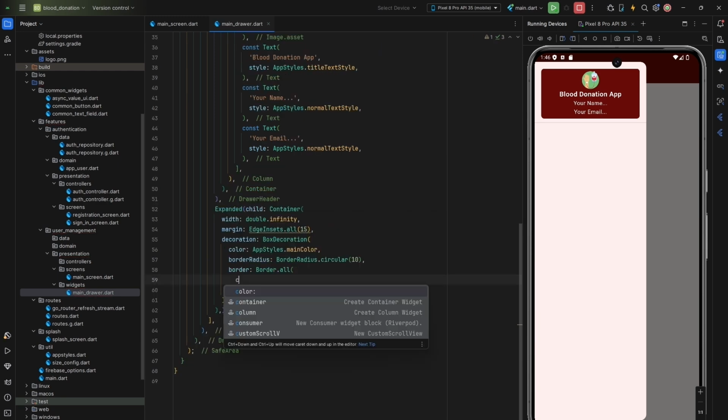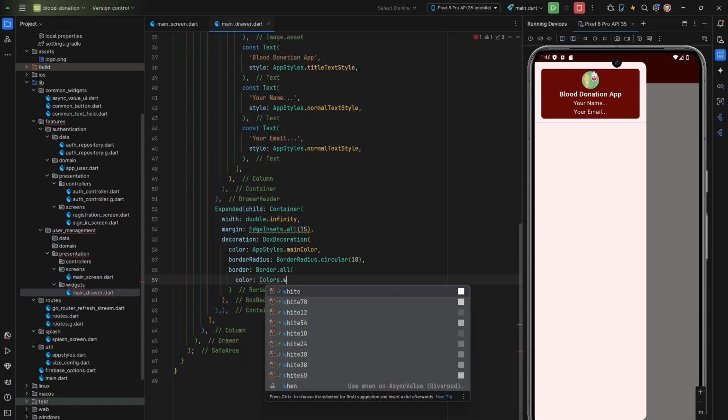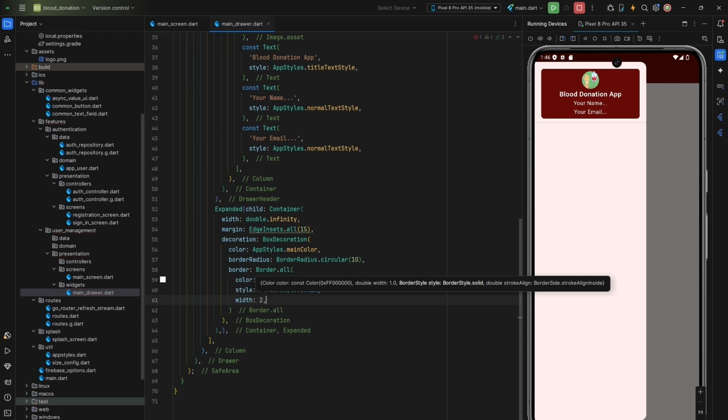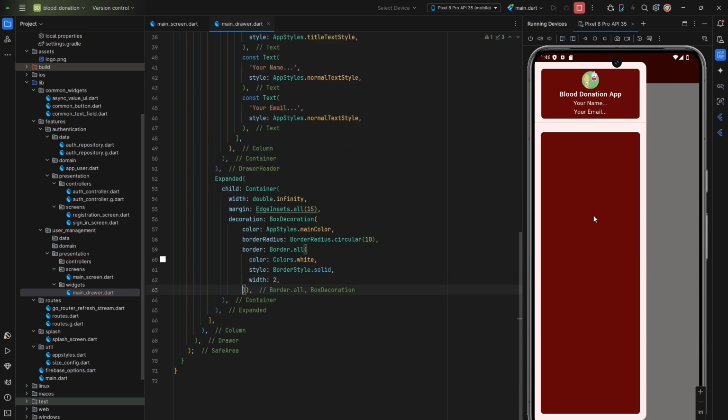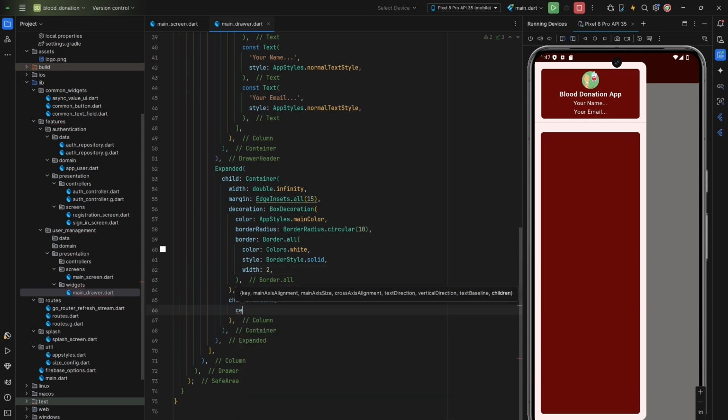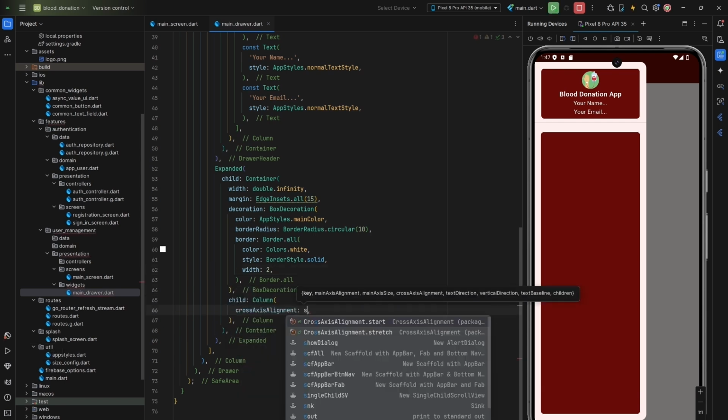border.all. So the color is colors.white. Style is border style.solid, and a width of 2. Let me save that. And as you can see now, we have a beautiful background over there. Cool. So the child of this container is a column, which I'm going to set the cross-axis alignment to start, and